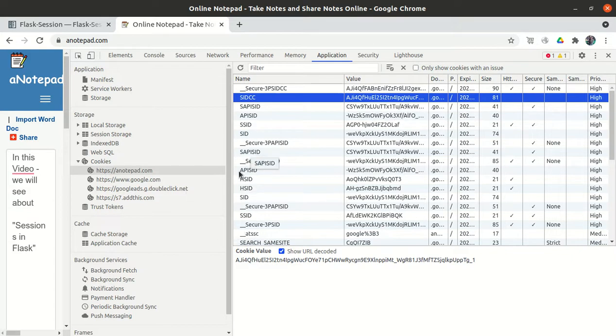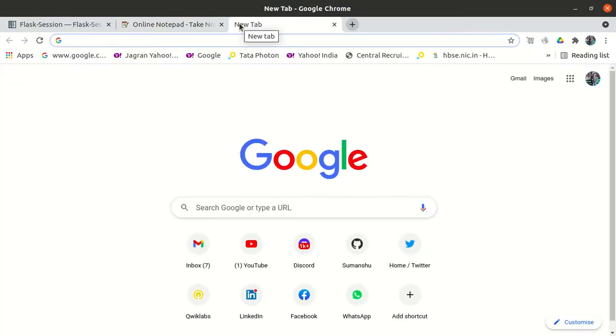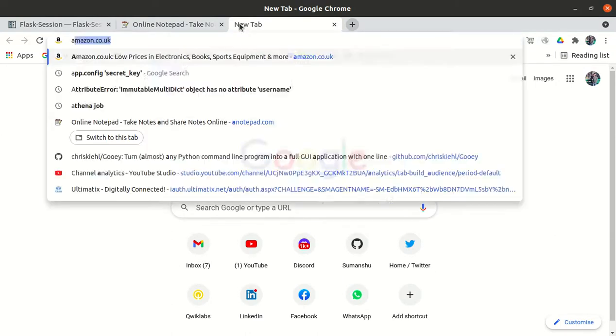Okay, now what is the use of these storages? Why do we want to store the data when we have the SQL database, MySQL, DB2 databases, right? MongoDB database, what is the use of this storage? So basically let me show you one example. If I go to Amazon,